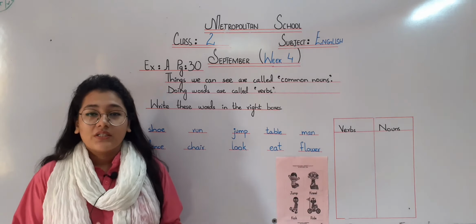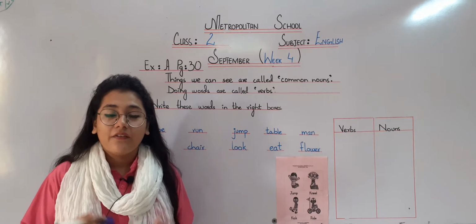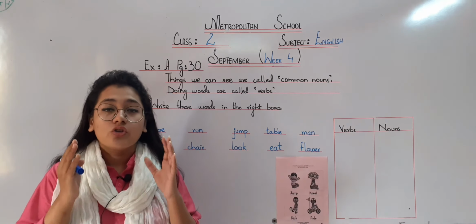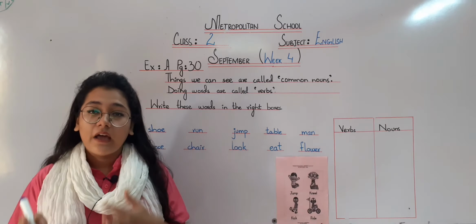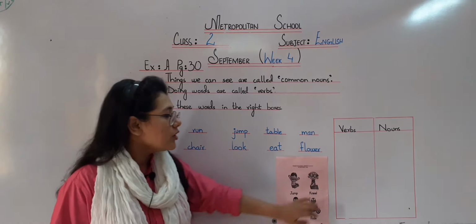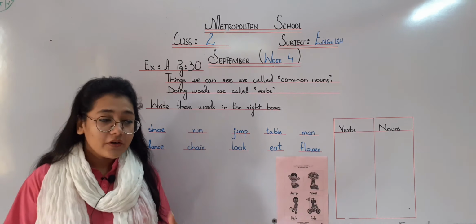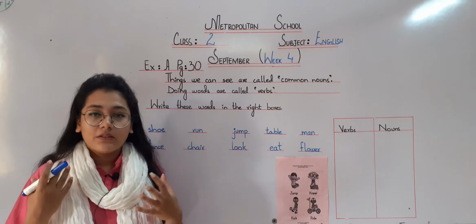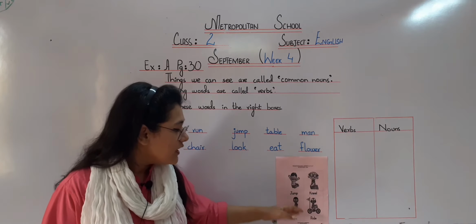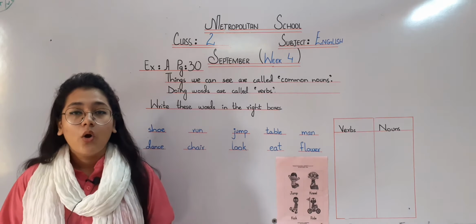First, I will tell you what is a noun. Nouns are the naming words. As we have discussed before, everything which has a name, because in this universe, everything has a name. So, all the names are called nouns because they all are the naming words. Then, what are verbs? Verbs are those words which show an action, whatever a noun is doing. It's moving, running, jumping, kneeling, just like shown in this picture. Whether the noun is doing any action, it is called a verb.